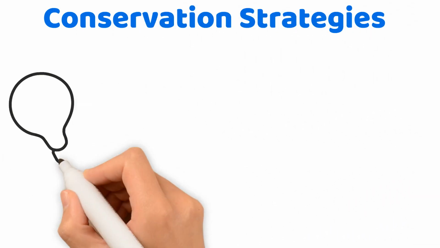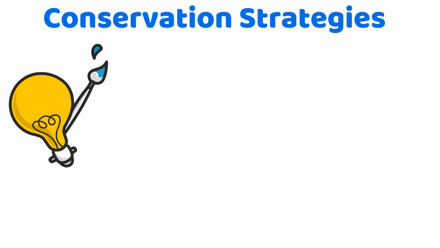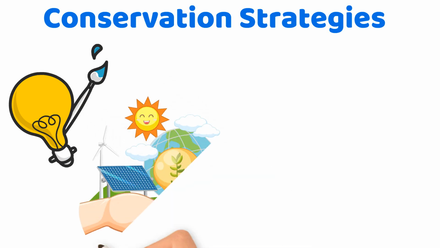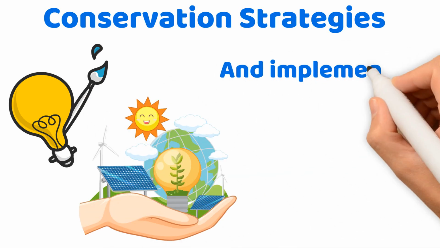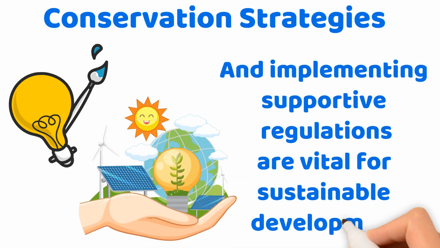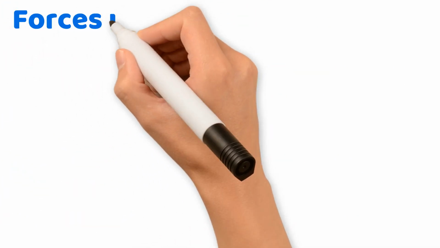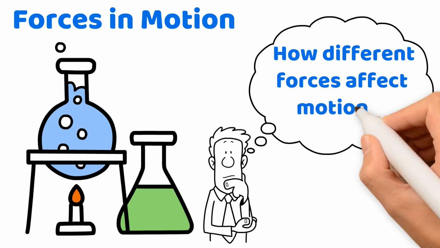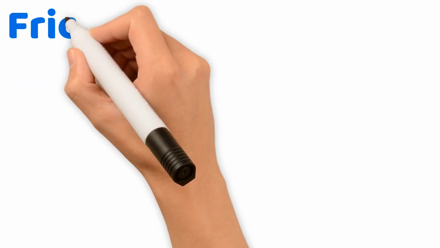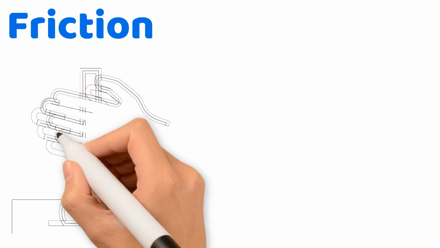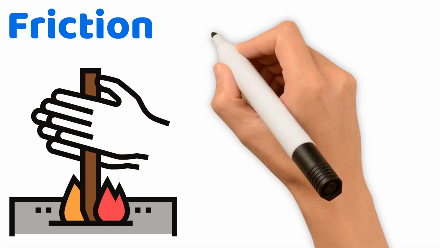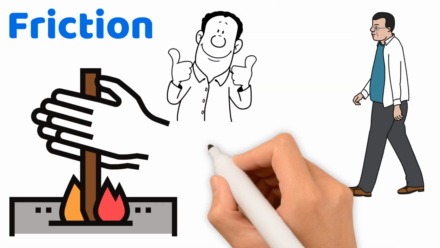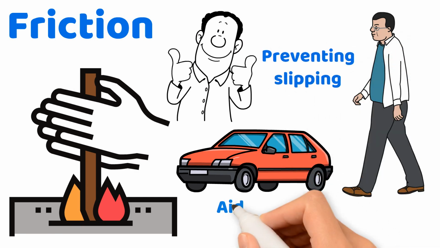Conservation strategies. Strategies such as promoting energy efficiency, transitioning to renewable energy, and implementing supportive regulations are vital for sustainable development. Forces in motion. In physical science, understanding how different forces affect motion is crucial. Friction. This force opposes the motion of objects in contact. It plays a critical role in everyday activities, such as walking and driving, by preventing slipping and aiding in the